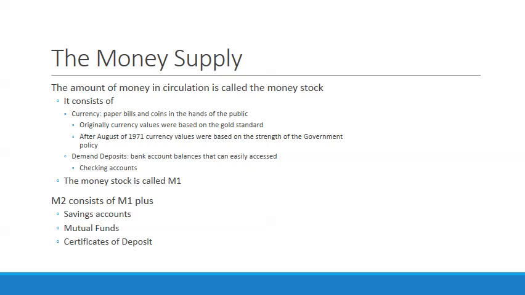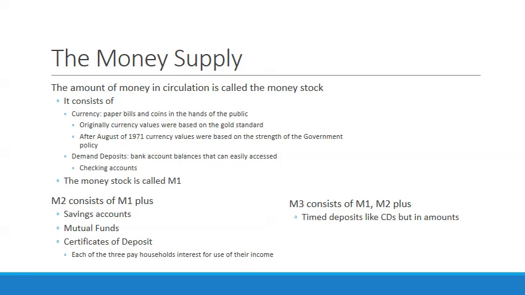So M2 consists of accounts that draw interest over time, so they encourage you to save, while at the same time also consisting of the money stock, in other words, the demand deposits and the present currency. And so each of the three pay households interest for the use of their income. And then we have what we call M3, which is M1, M2, plus time deposits like CDs,